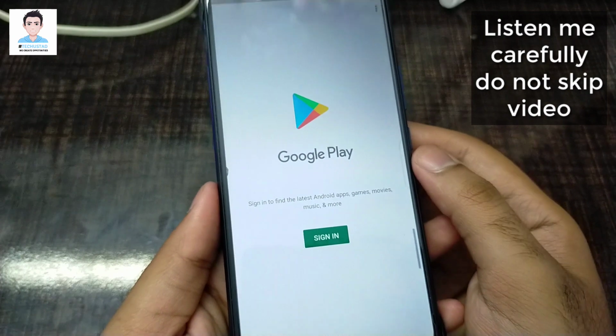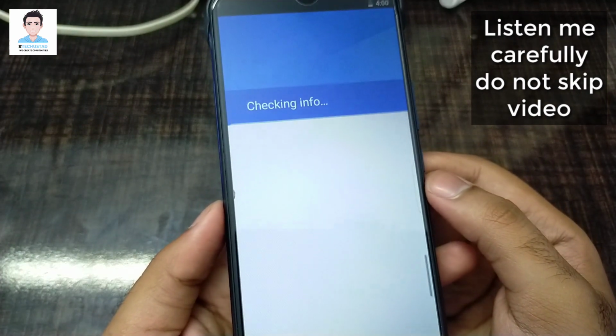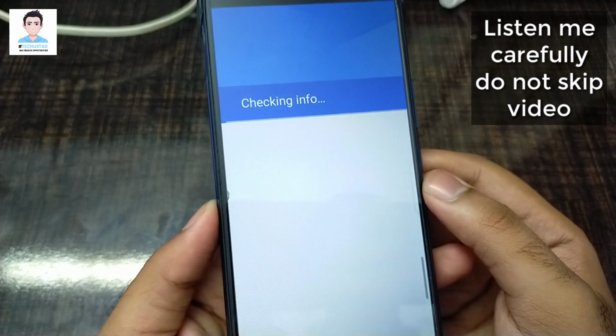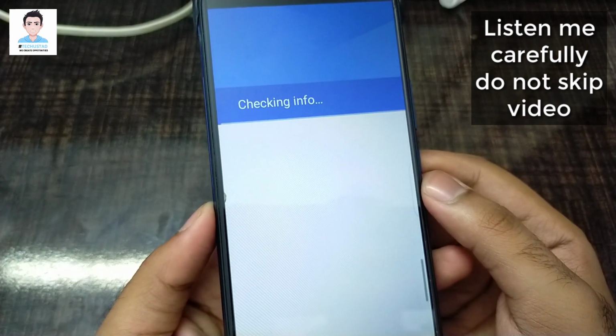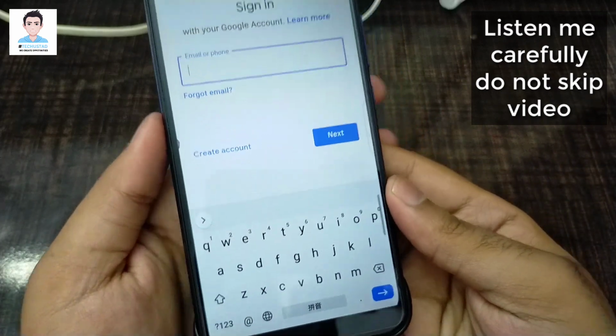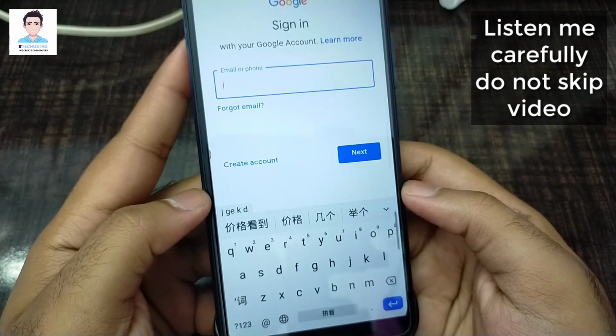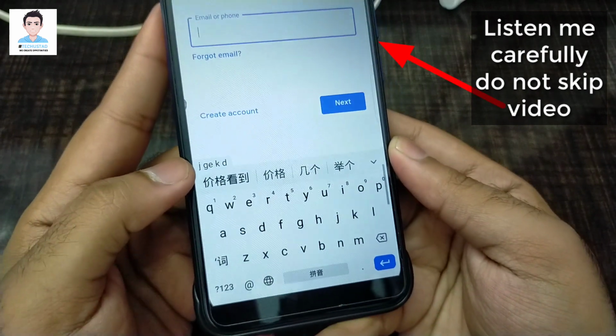Now click on sign in, and again you have to wait for about 20 seconds. And here you have to fix one thing. When I type anything, the text will not appear into the text box.